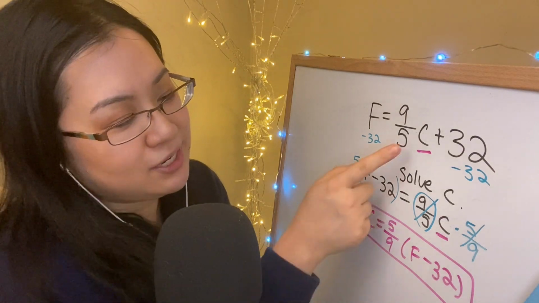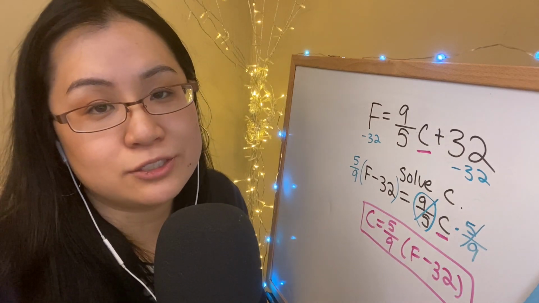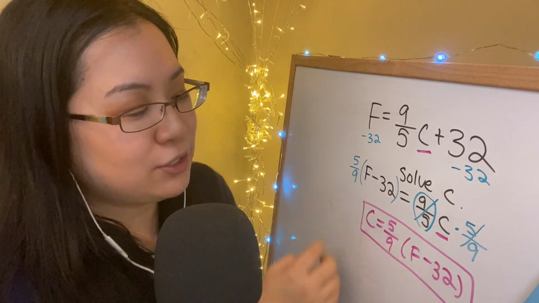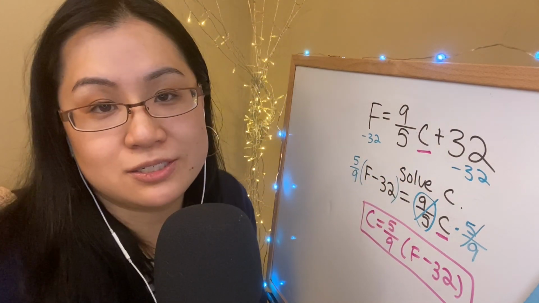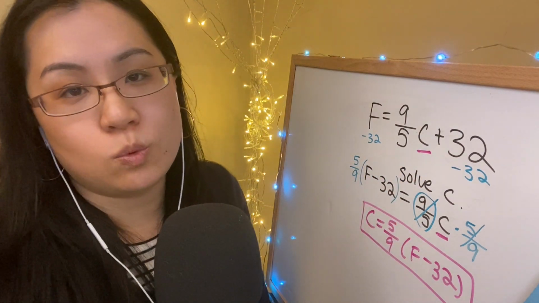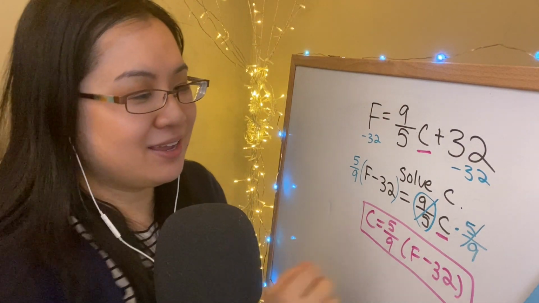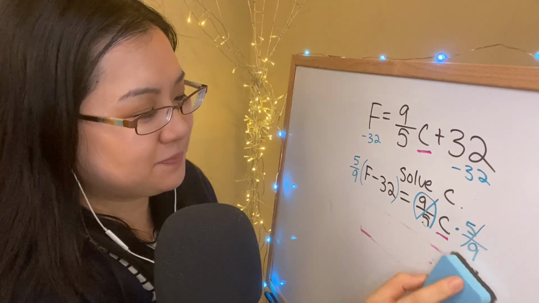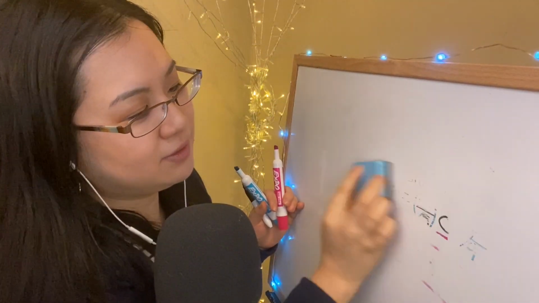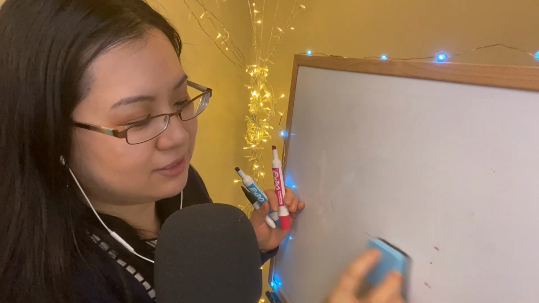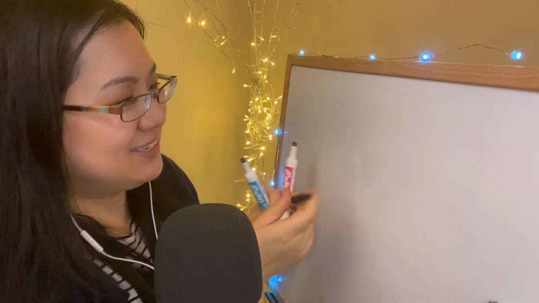So you're just locating it and then you're undoing things one at a time. And as you get more and more practice, you don't really need to write every single thing out, but just try to keep in mind what your order of operations are. Okay? Okay, let's do another. That's it. You're doing great. Alright, let's look at